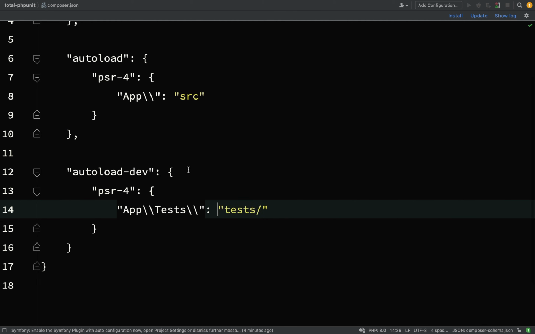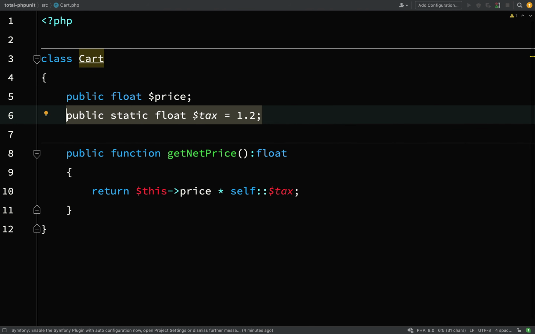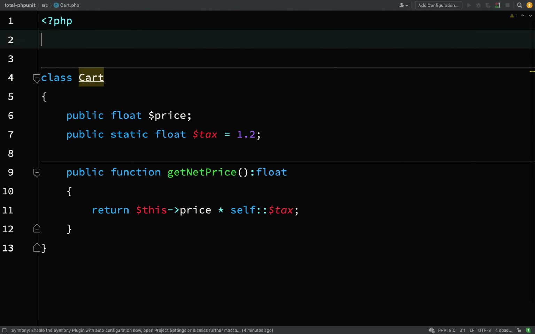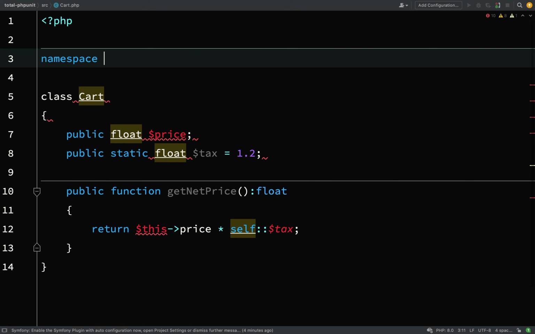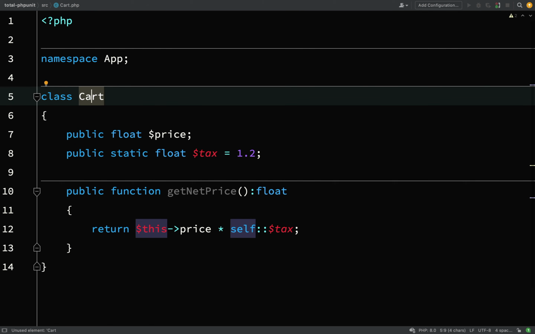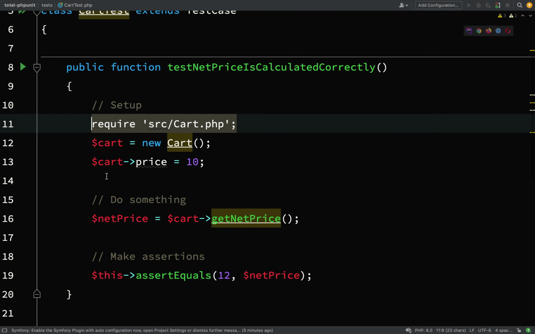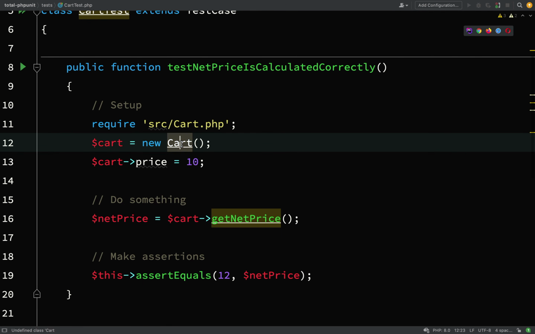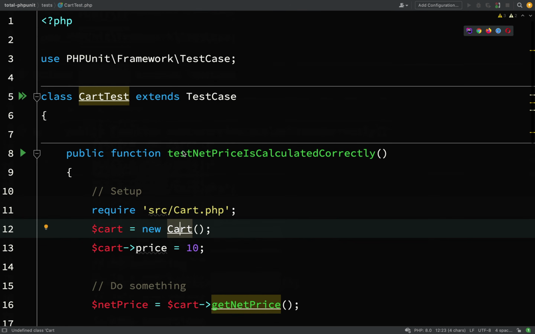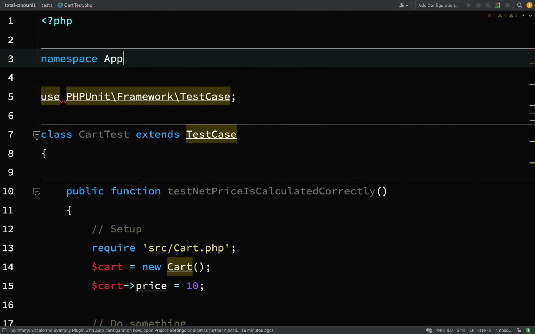Let's actually now go through our code and find the areas where we need to add these namespaces. So first one we need to look at is cart. So we're adding an app namespace, so App, and then as you can see the little squiggly lines and the underlining has gone. Let's actually go to cart test, and so as you can see here it's a different cart now, isn't it, because it has a namespace. So let's add our namespace for